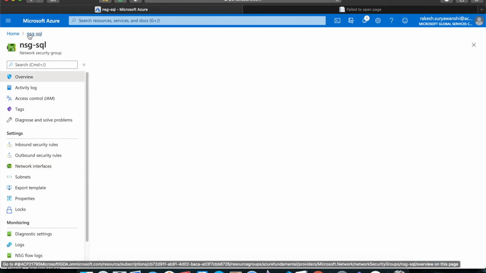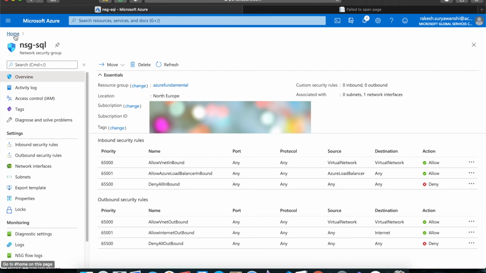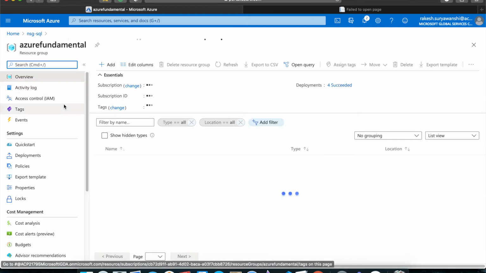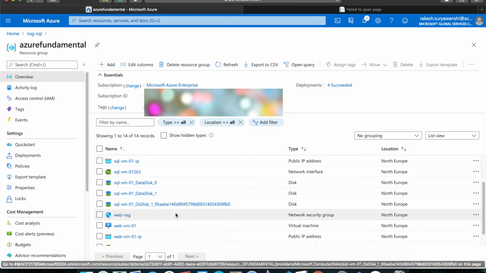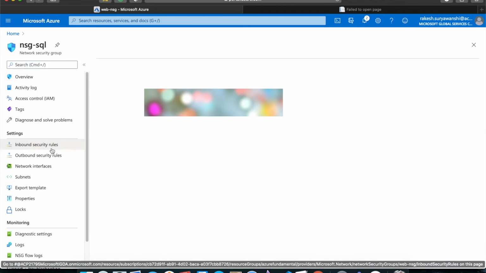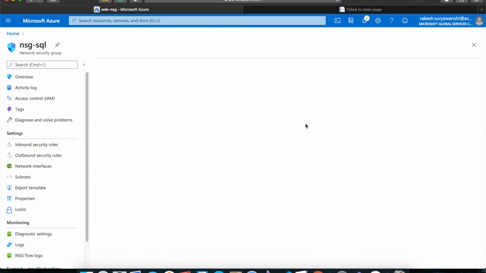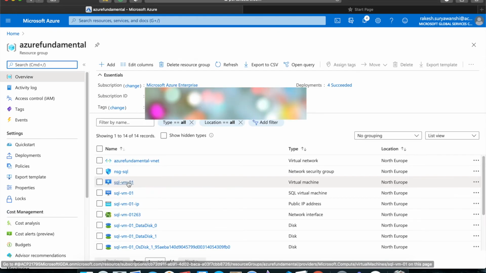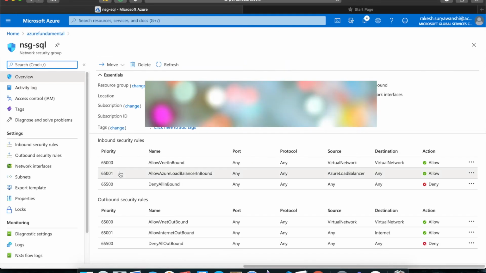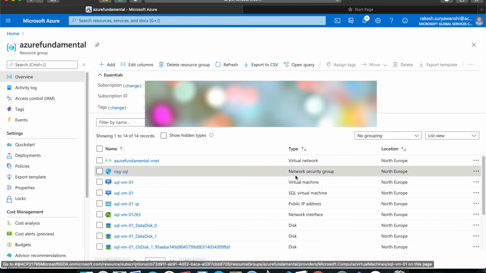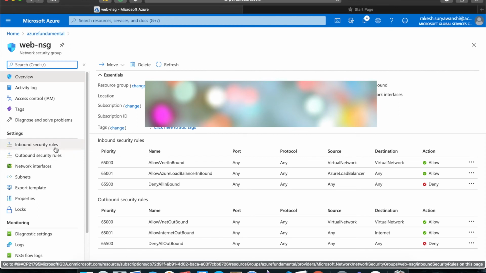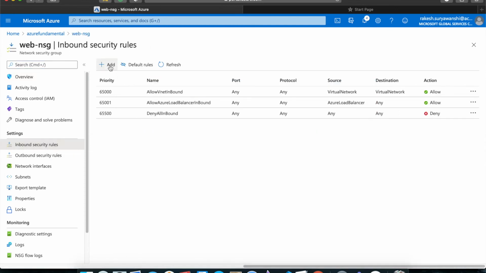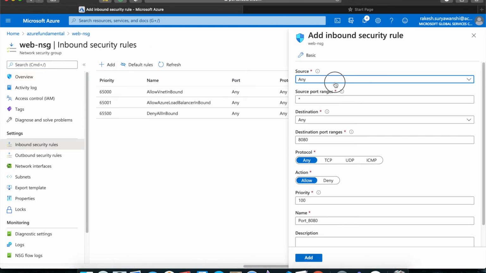So now, to get the application working again, what we are going to do is, as we know that our web service is expected to receive the traffic on port 80, let's enable port 80 in this case. So what I'm going to do now is go to the web NSG, and inside the web NSG I need to add a rule, and then I need